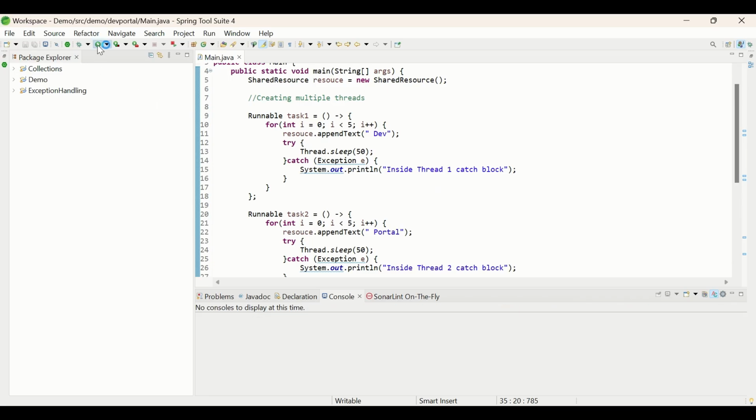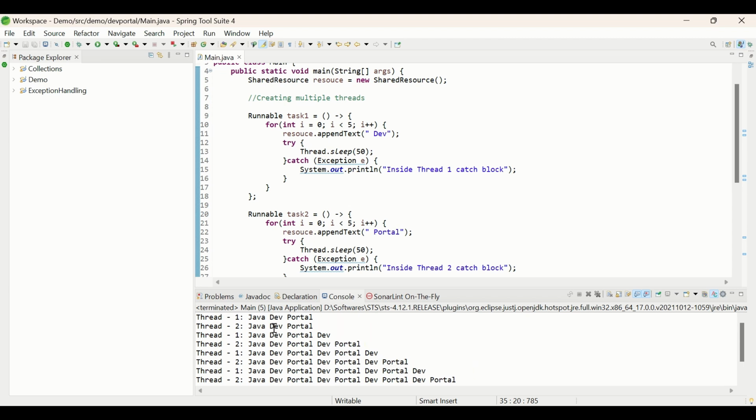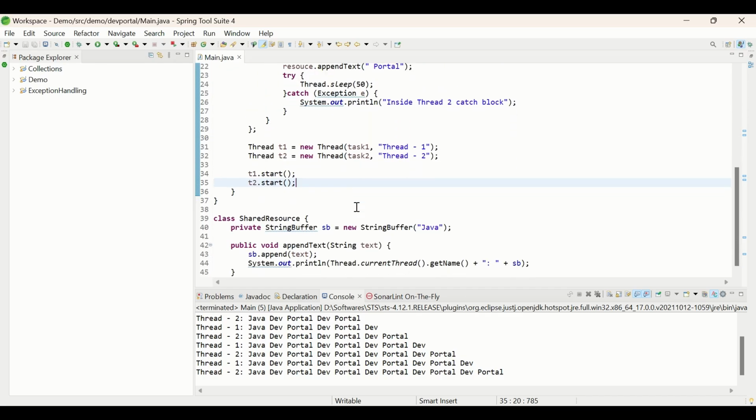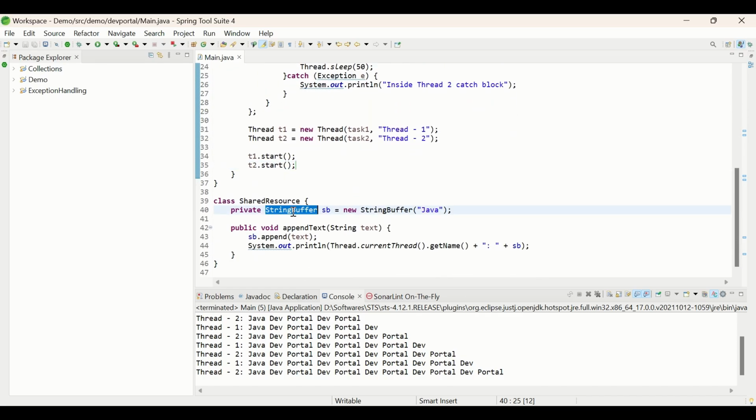So let me run this code first. You can see here thread 1, thread 2, thread 1, thread 2, it is working in an alternate manner, which means that StringBuffer operations are synchronized in nature. If I change StringBuffer to StringBuilder, then you can see the difference in the console. What you will notice is that this alternate behavior will not come into the console. If I save and run this code now